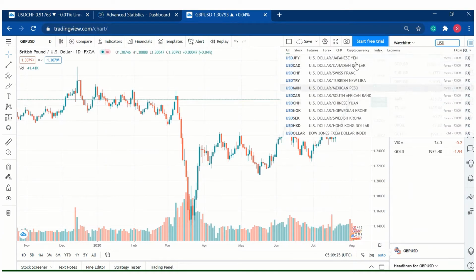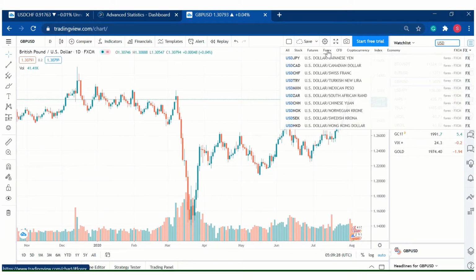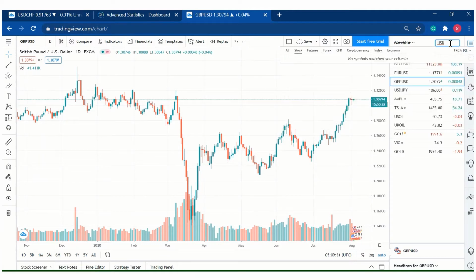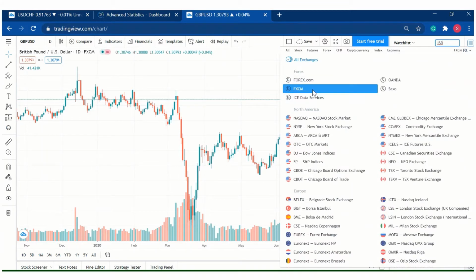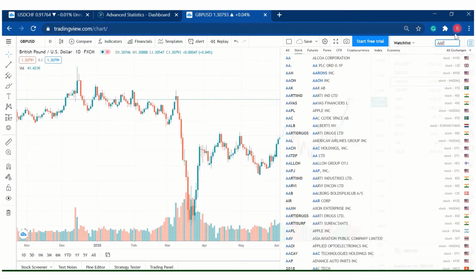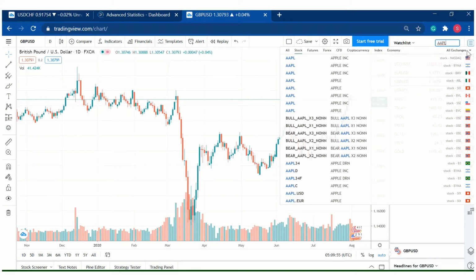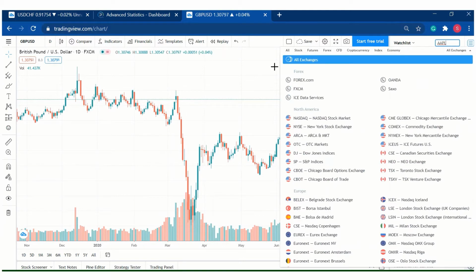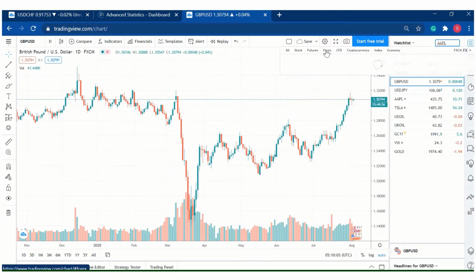So you see, it's limited now. I can use only Forex, it will show me. If I use stock, it will show me stock. So if I put AAPL, Apple, well, nothing showing now, maybe because I selected FXCM, that's why it's not showing. If I click on all exchanges, it will show. So you see AAPL, and now Apple is there because of all exchanges, for all over the country, you see. But if I click on my FXCM, it will not show, and I have to check on my Forex, and